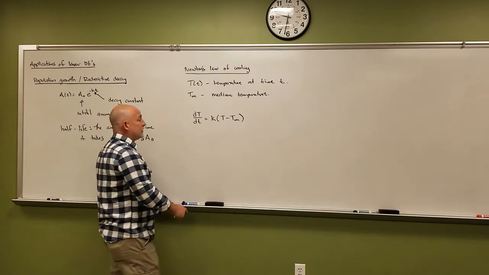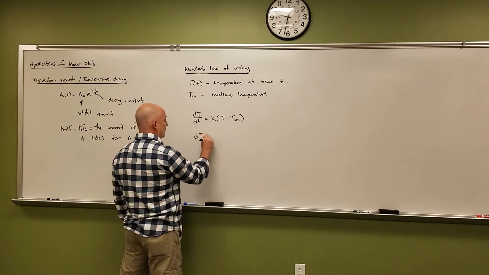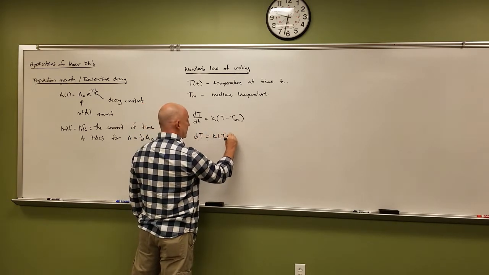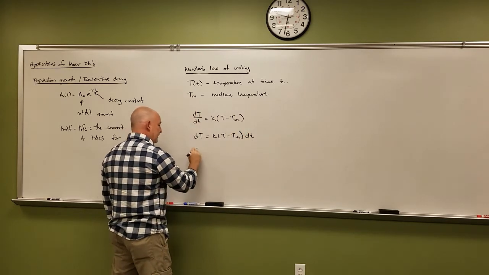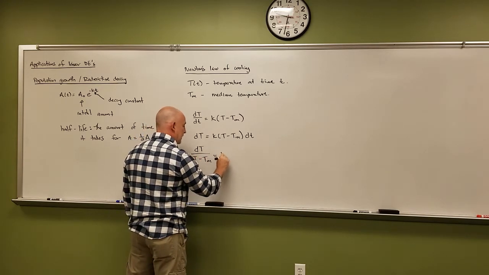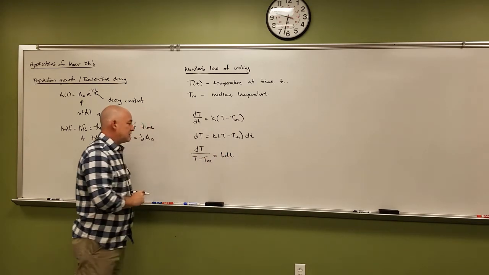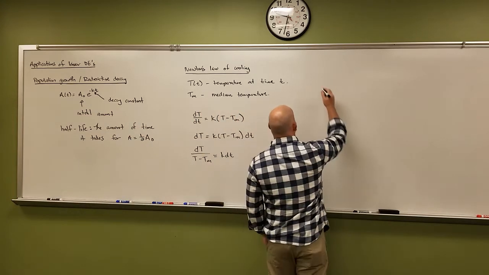Well, we can separate our variables again. And again, let's just follow our steps like we normally do. This will be K, T minus Tm, dt. Let's put all the big T stuff to this side. So dT over T minus Tm is equal to K dt. We're seeing a lot of the same things that we've seen before. Now, if we integrate both sides,